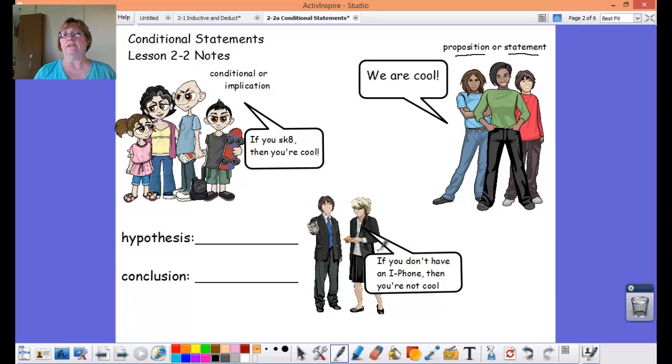If you don't have an iPhone, then you're not cool. Well, I'm not sure about the truth of that either. However, I do know that in a conditional, an if-then statement, the if part is called the hypothesis. The if part. The then part is the conclusion,